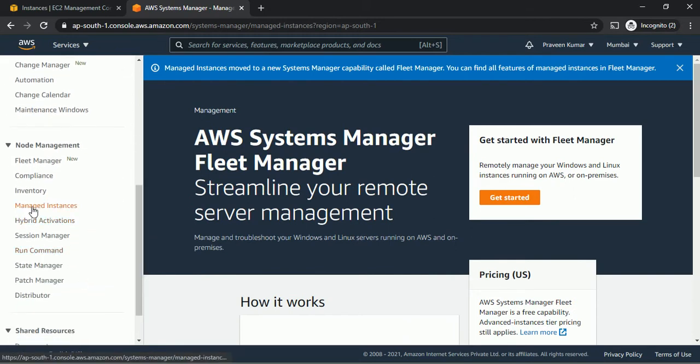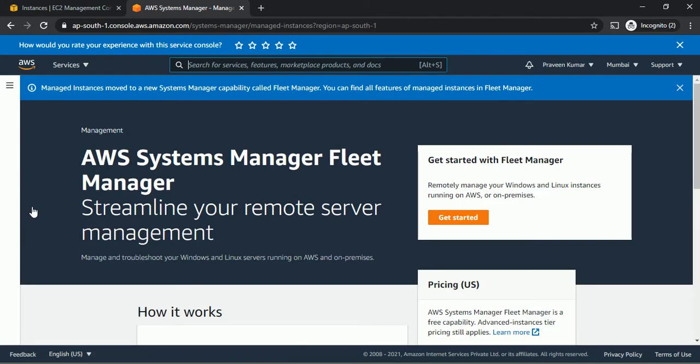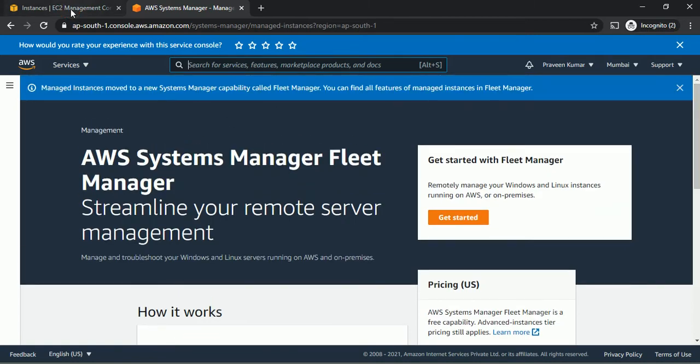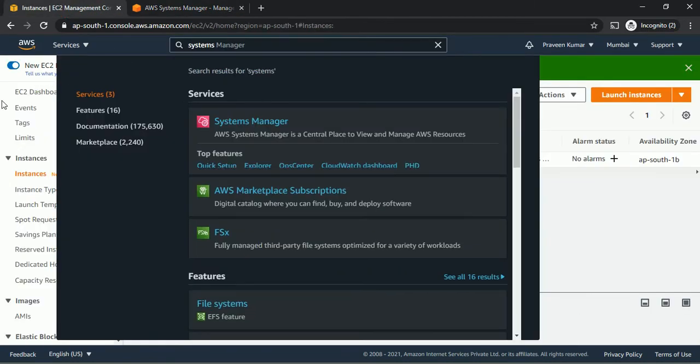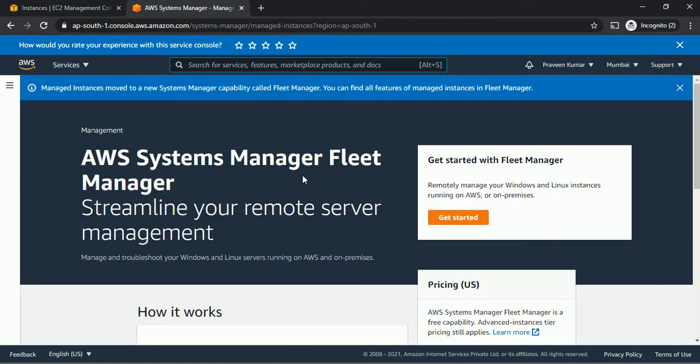This is the place where we can check our instance's registration status. One moment. This is my instance. It will take just a few minutes to register with Systems Manager.